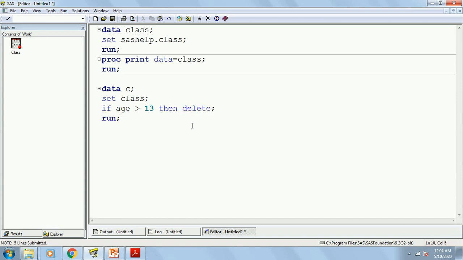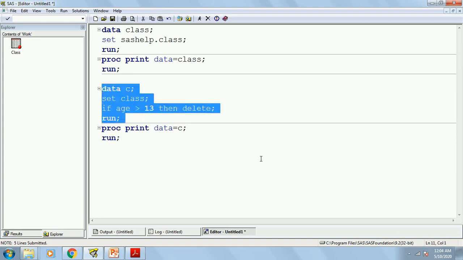Just the way you speak in English, then delete. Okay, and then I will say proc print data equals to C, because I am going to create a new dataset C, and run. First let me execute the first part.